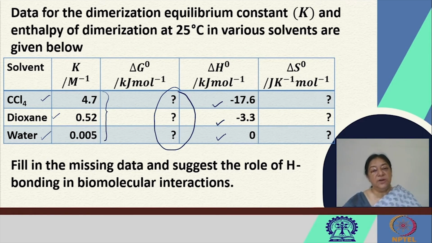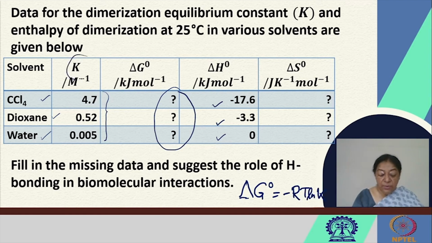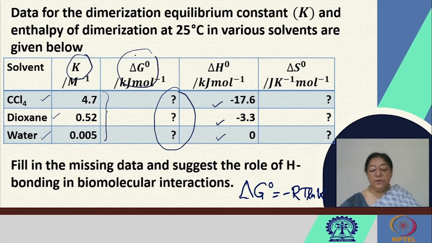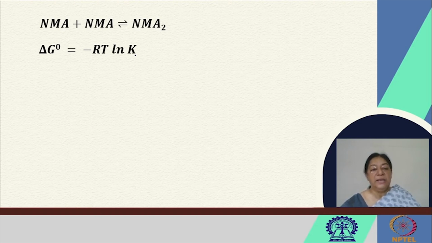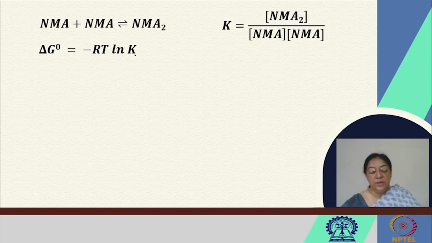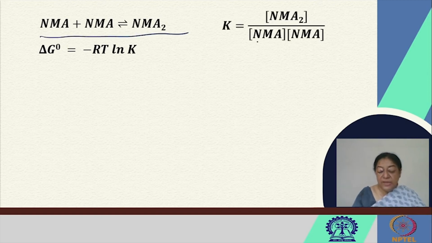considering the spontaneity of the reaction in terms of when we calculate using our delta G0, that is equal to minus RT ln K. What we have here is our K value, we have our delta G value. So we can actually look at the dimerization procedure, which gives us our delta G0 is equal to minus RT ln K. And we know that this K is a measure of the law of mass action applied to this